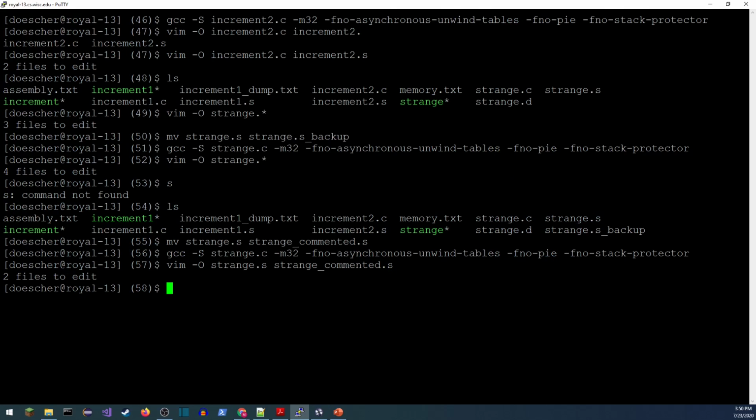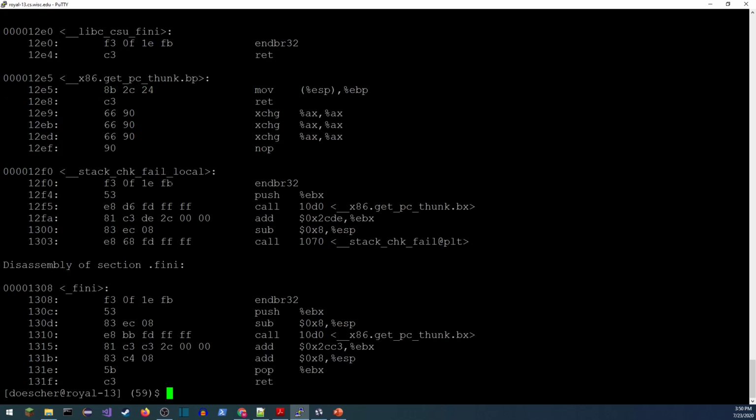So for example, right now I've got strange here. This has already been compiled. If I were to just do objdump with the -d option, I can put in strange, and this will disassemble the file and produce the assembly code based on the machine code that's available. So the next homework assignment is actually going to involve you guys disassembling, or decompiling, what's the right word for that, some code, and figuring out what it does. It's going to be a cool project. I really enjoy this one.